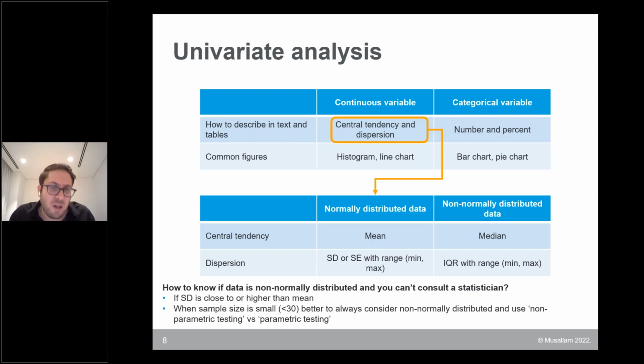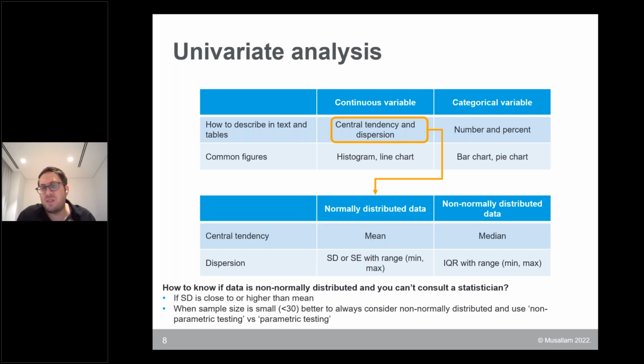When a sample size is very small, less than 30, it's better to assume that the data will not be normally distributed. So I would report the median and a range with the IQR. And you will even find that if you try to report a mean for a study on 16 patients, you